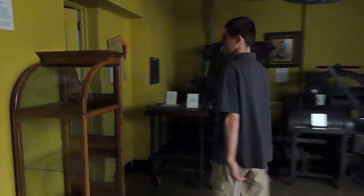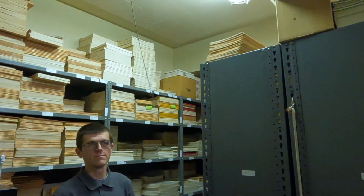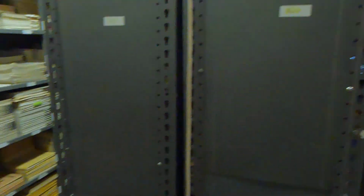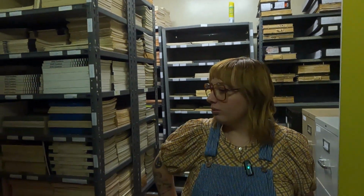And next to the vault is the manual room. Here's the manual room. These were all put on shelves by our volunteers, the same volunteers who were nice enough to sweep up the tractor archive room and go through those blueprints. They were in this room